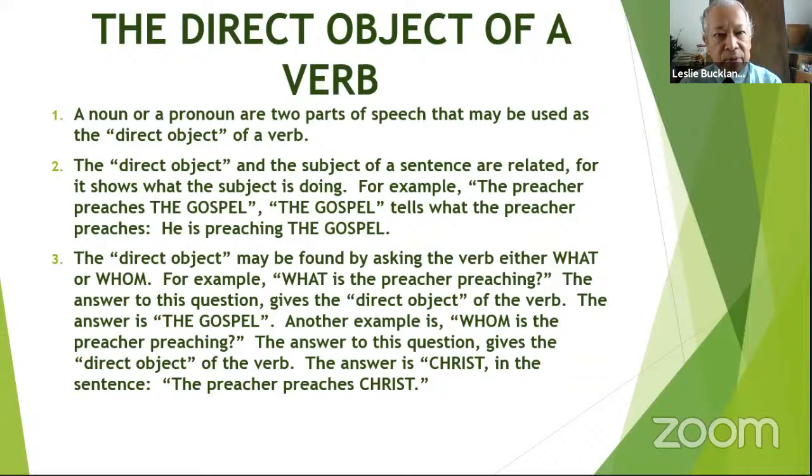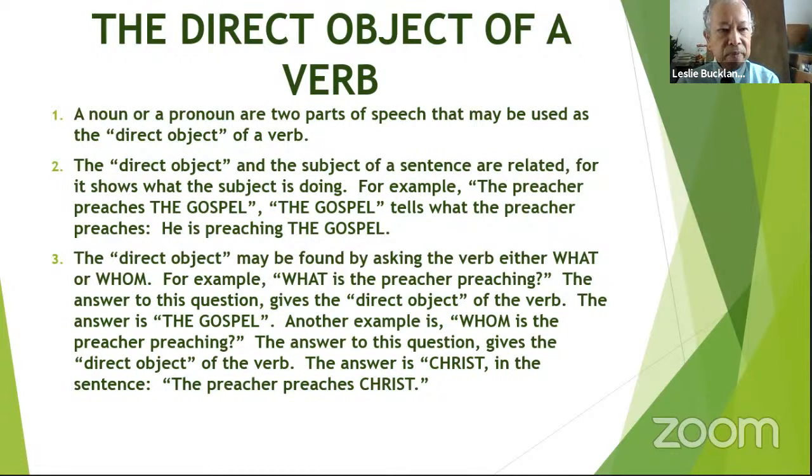So first of all, let us look at what the direct object of a verb is. Number 1, a noun or a pronoun are 2 parts of speech that may be used as the direct object of a verb. So this is important for you to remember. A noun or a pronoun are 2 parts of speech that may be used as the direct object of a